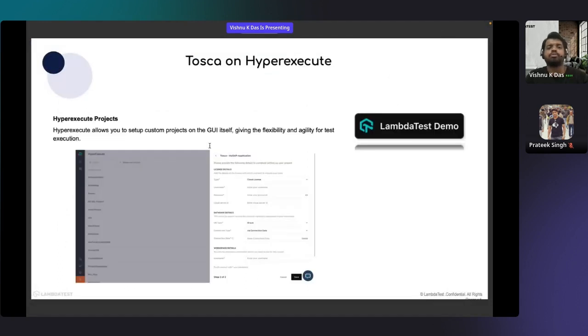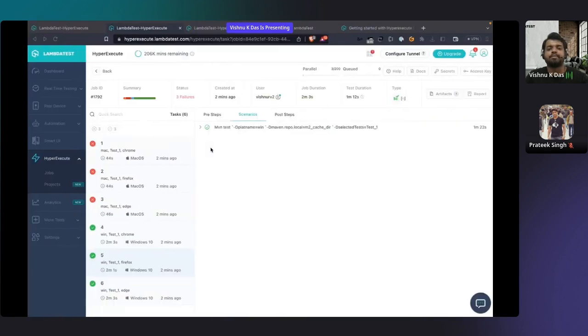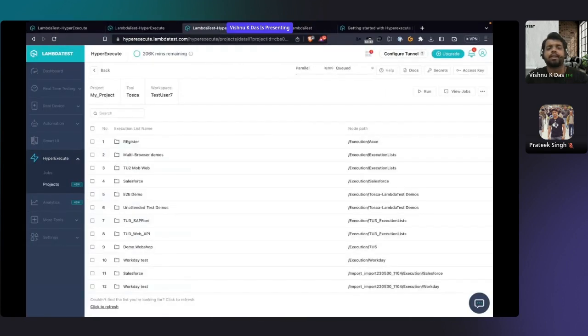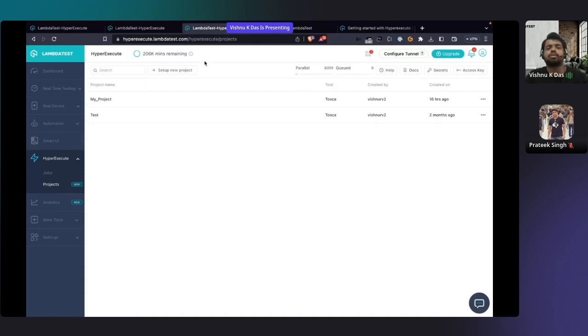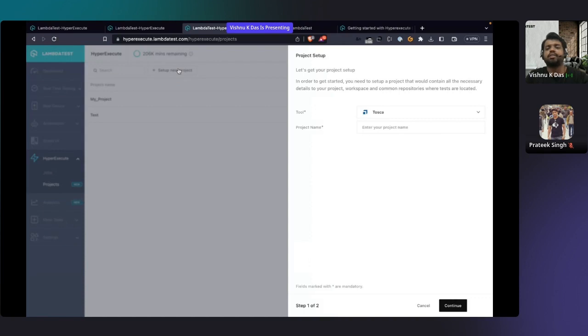Then we'll move on to Tosca on HyperExecute, right? How you can configure your Tosca workspace with HyperExecute. For this, we do have a projects page. It's comparatively very easy to configure. As soon as you go on the projects page from the HyperExecute, you can set up a new project,